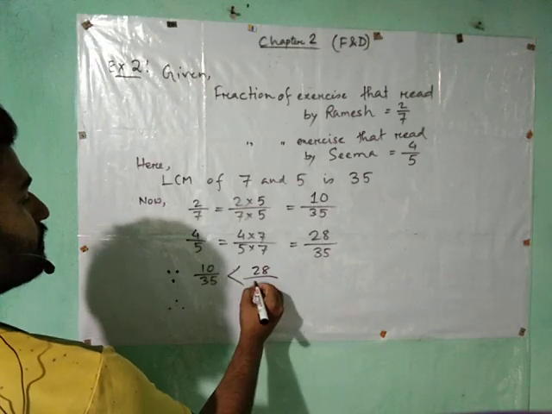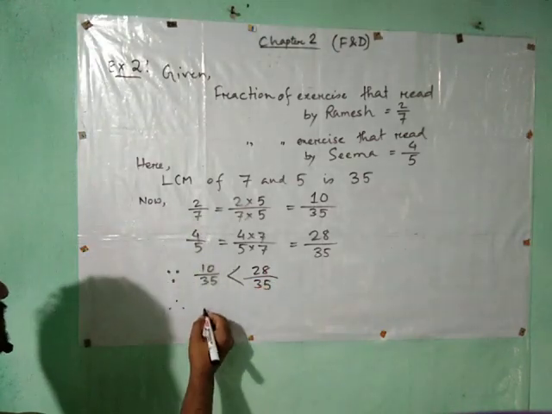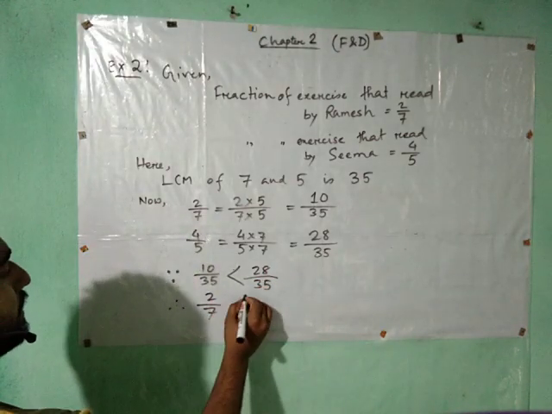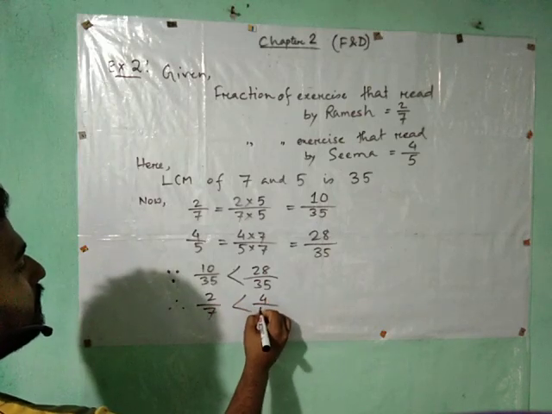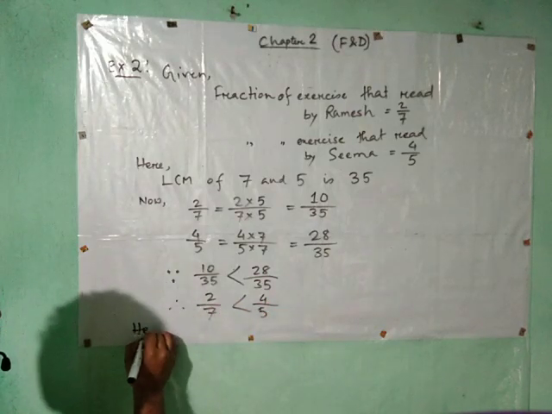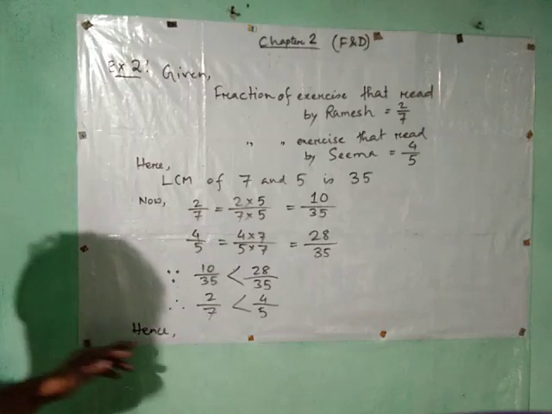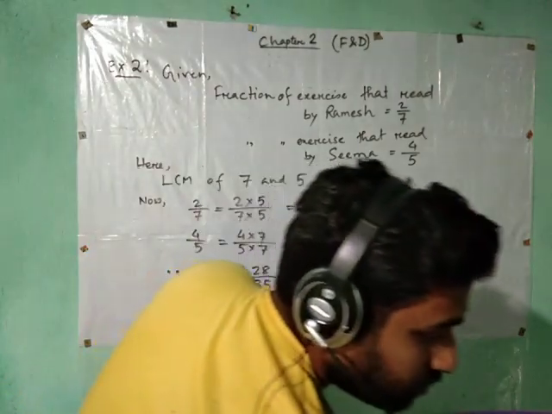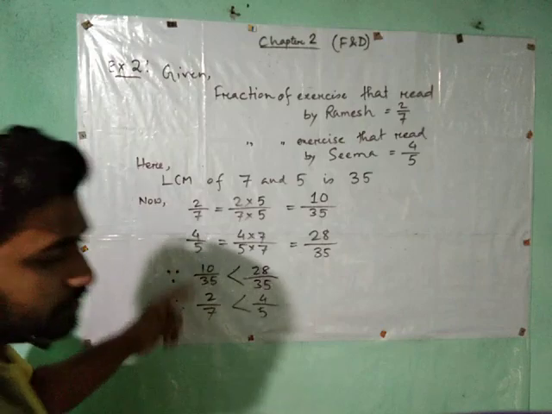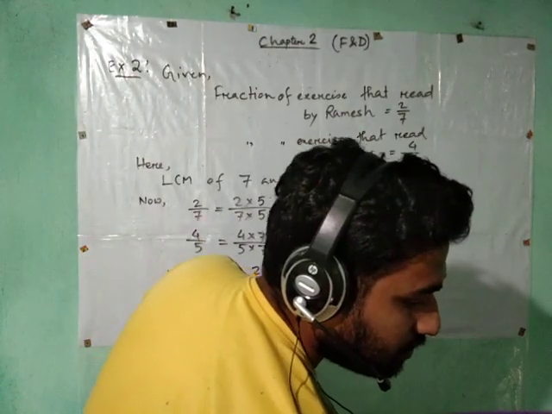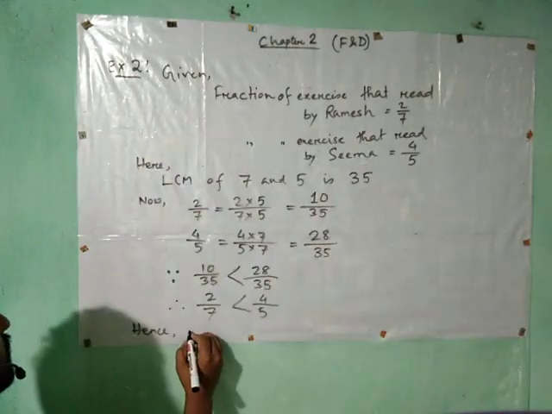28 divided by 35. Therefore 2 by 7 is less than 4 by 5. Hence, now your final answer. Hence, who is related to 2 by 7? Ramesh. Now write down